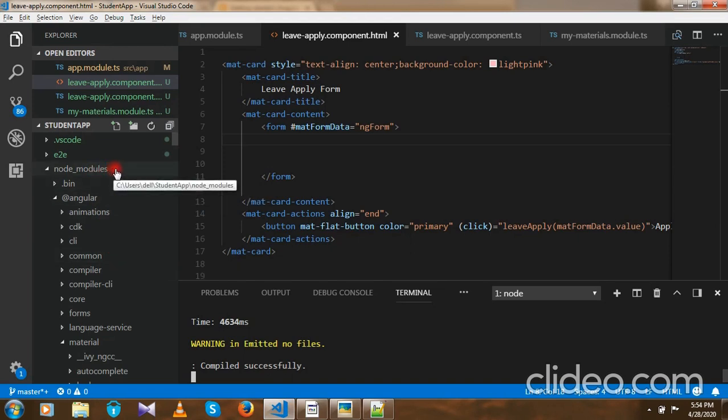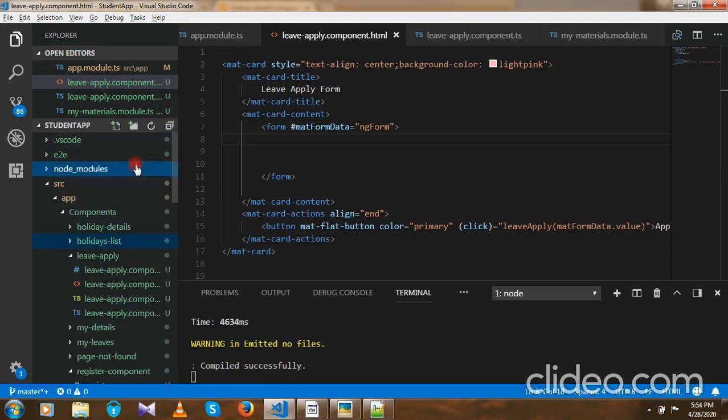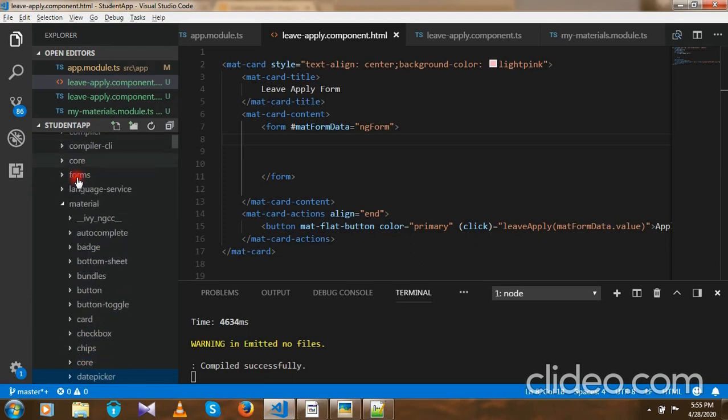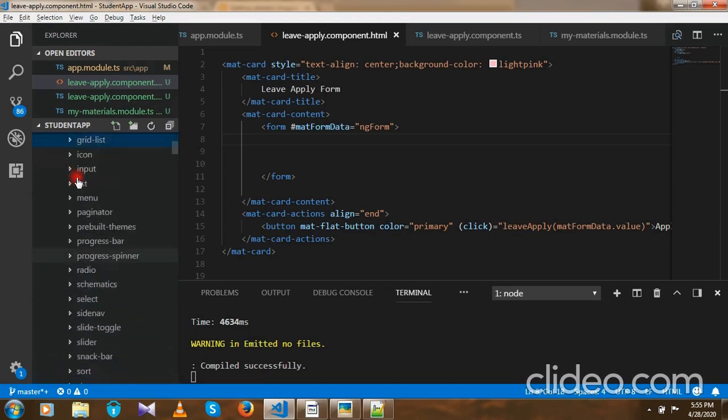If you see on the screen, inside the node modules folder, inside Angular, you can find a material folder. Here it is. Inside material, it will install all the material components.